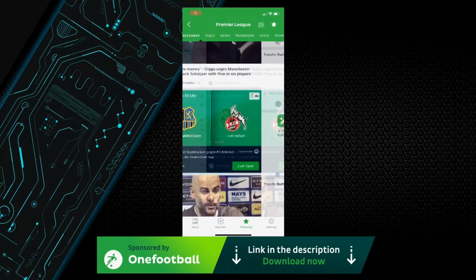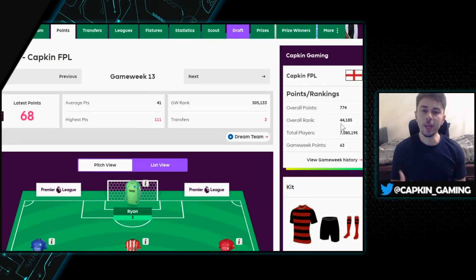So, as you can see, for Game Week 13, I got 68 points. For a game week that I wasn't 100% sure where the points were going to come from, this is massive. I was actually looking at Game Week 14 and Game Week 15 and looking at my team and thinking, wow, I actually got really good players here for those weeks. As long as I can get above the average for this week, I should be fine,